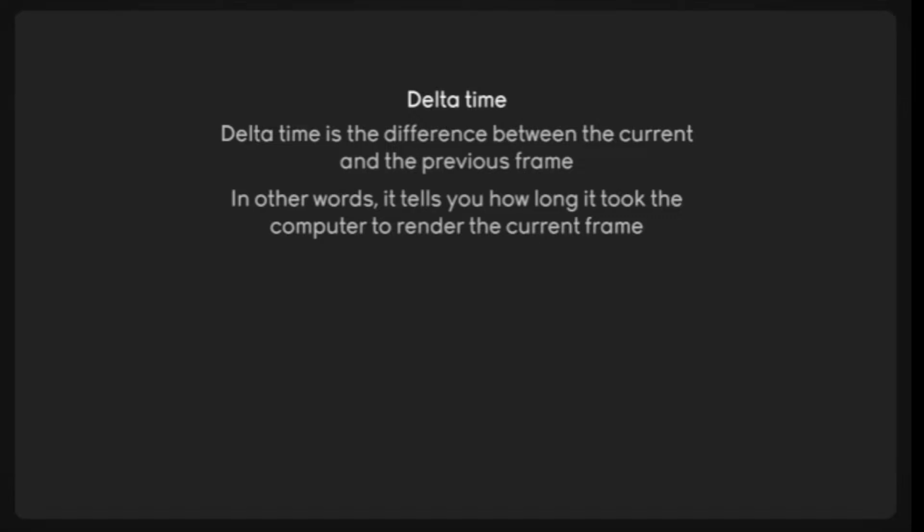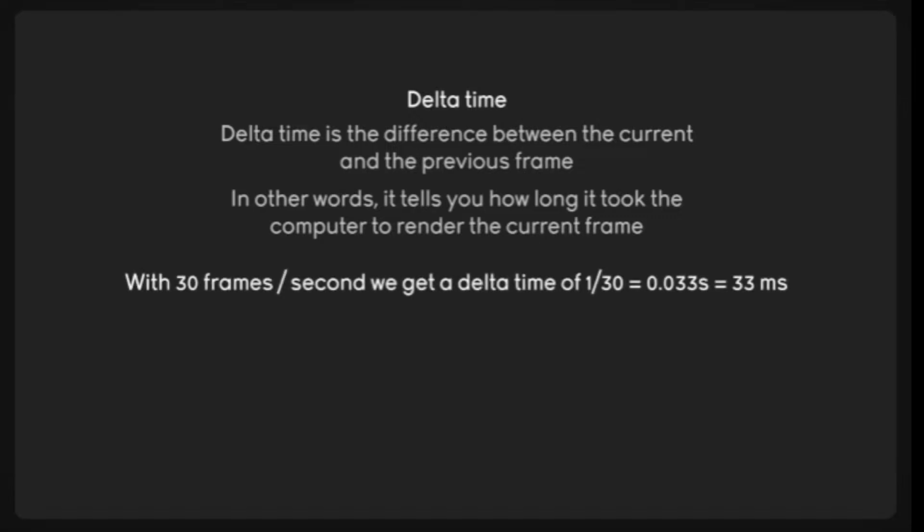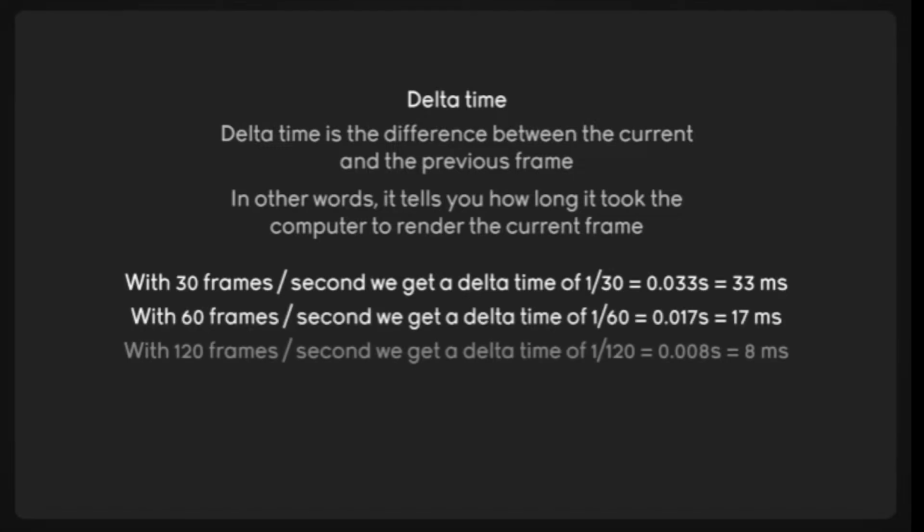Doesn't sound that important, but it's actually super useful. Because imagine you have a game that runs at 30 frames per second. Then delta time is simply 1 divided by 30, or 33 milliseconds. If you have different frame rates, then you get different numbers, obviously. The specific number here doesn't actually matter. What matters is that the higher the frame rate becomes, the smaller delta time will be, which is incredibly useful